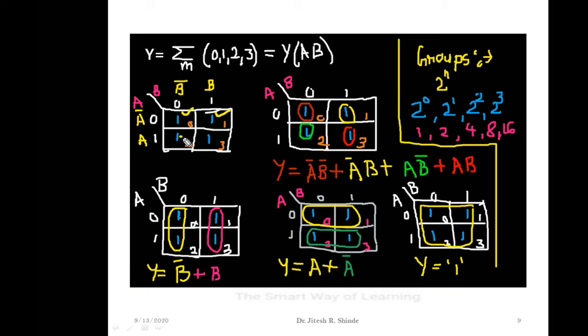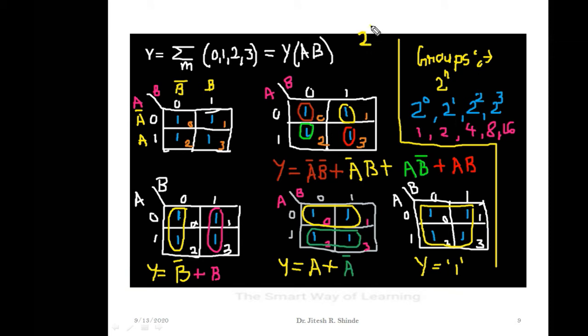Now the next step is to form a group. What we have seen in the previous slide is that we have to search for the largest group of 1s. Suppose I am going with the first case, a group of single one, instead of a group of 4 ones or 2 ones. That is 2 to the power 0, which evaluates to 1.